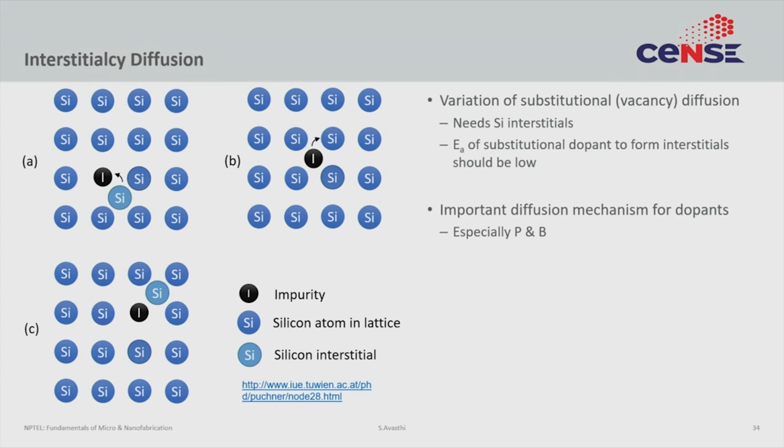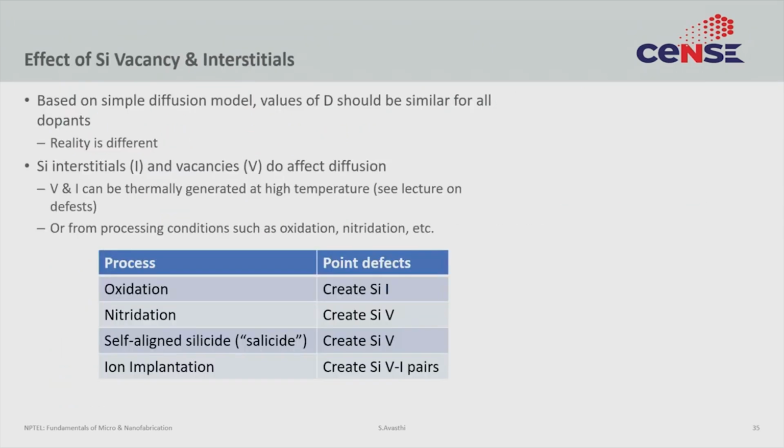This is just one of the possible complicated mechanisms. Actually, those who look into the matter in detail can tell you way more complicated mechanisms, but for the purpose of this course, this is enough. So, a few consequences of this is that the reality of diffusion is a little more complicated than the simple Fick's model or a simple substitutional or interstitial model would suggest. The second thing to remember is diffusion of impurities